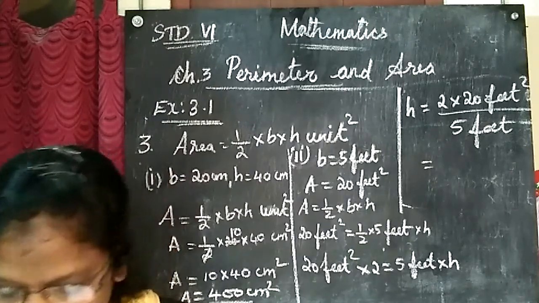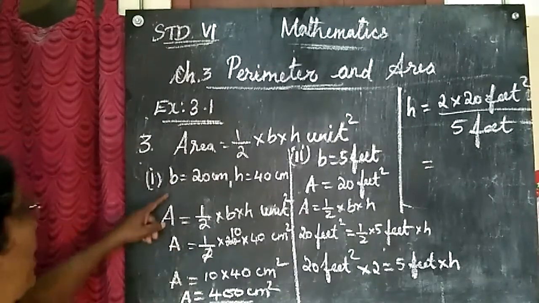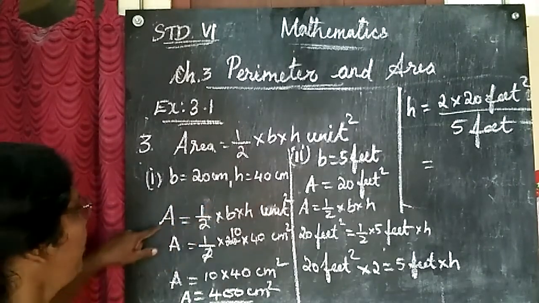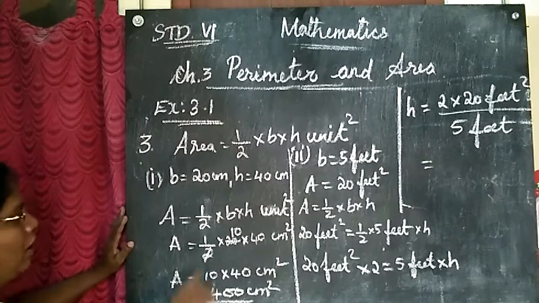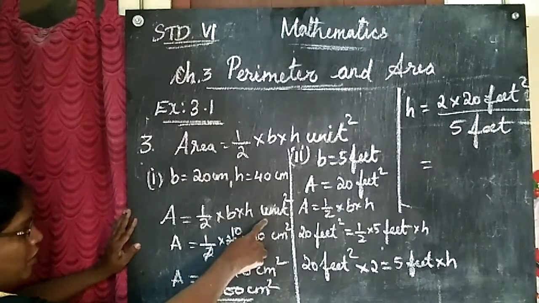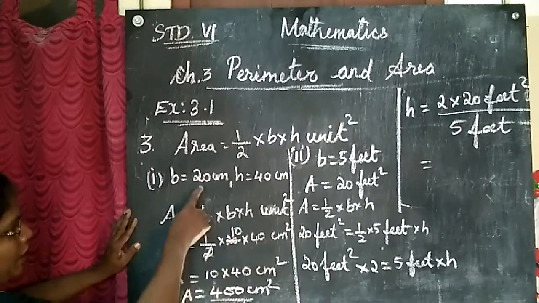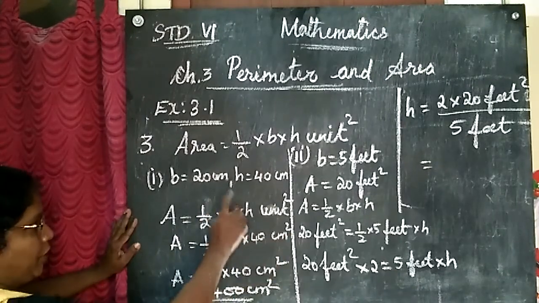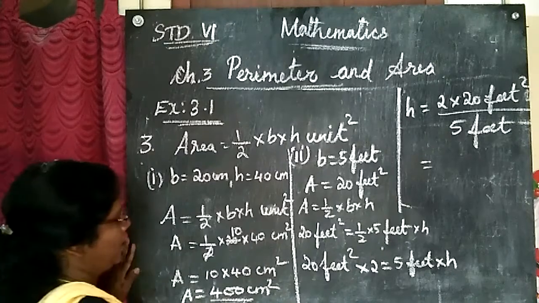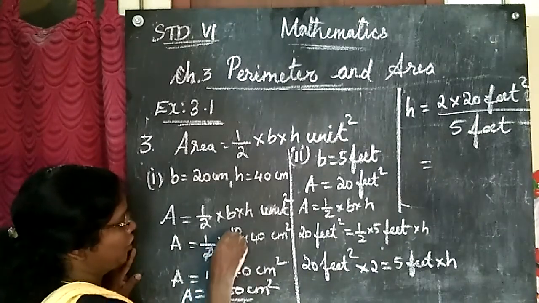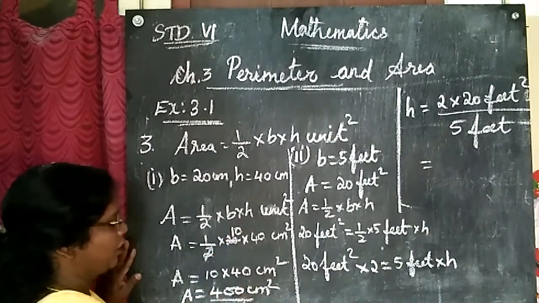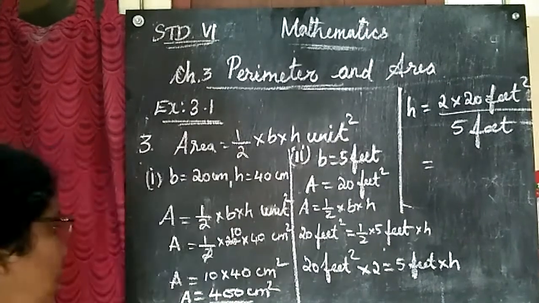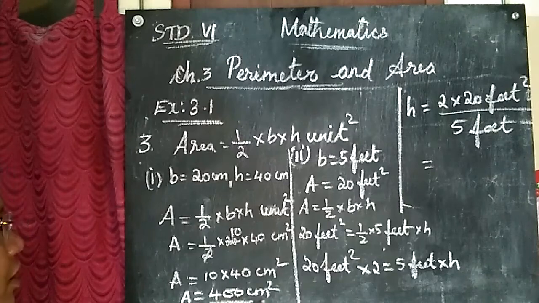So listen carefully. First one. Base is given 20 centimeter. Height is given 40 centimeter. What is the formula to find out the area of a triangle? Half into B into H unit square. What is B? 20. What is H? 40 centimeter square. Centimeter and centimeter we are multiplying to centimeter square. So by 2 I am cancelling. 1 2 is 2, 10 2s are 10 into 40, that is 400 centimeter square. So what is the area? 400 centimeter